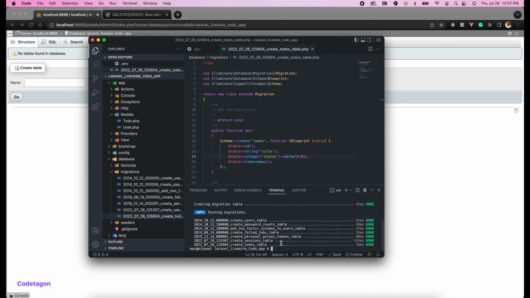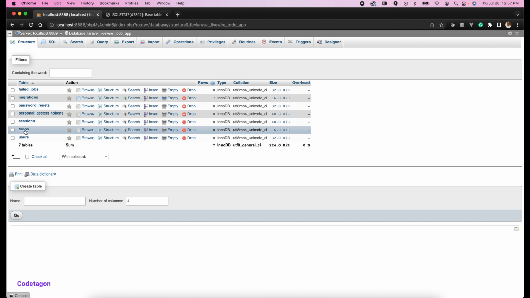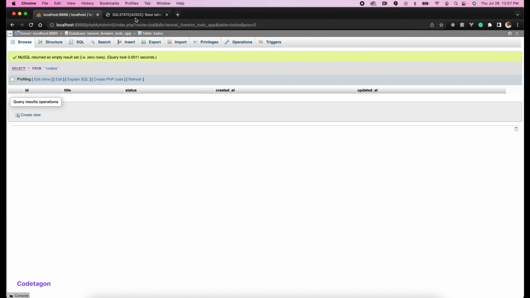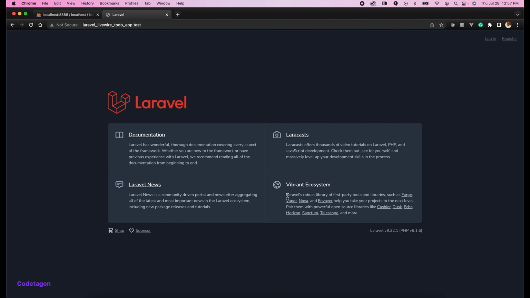Okay, so our new table has been migrated to C, so we should be able to see it there. So we can see the table and we can see the to-dos table. Nice. So if you refresh this, you should be able to see our Laravel app. Now we don't have any account yet, since this is a fresh Laravel application, so we have to register an